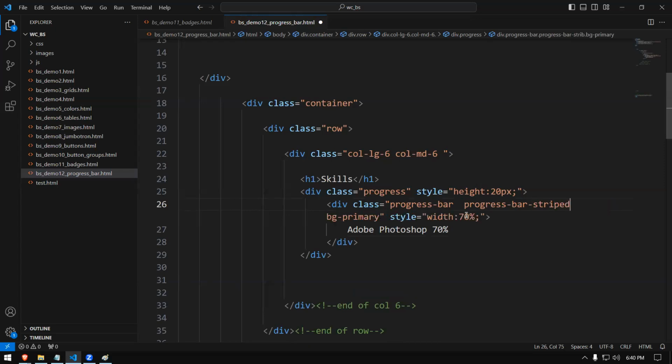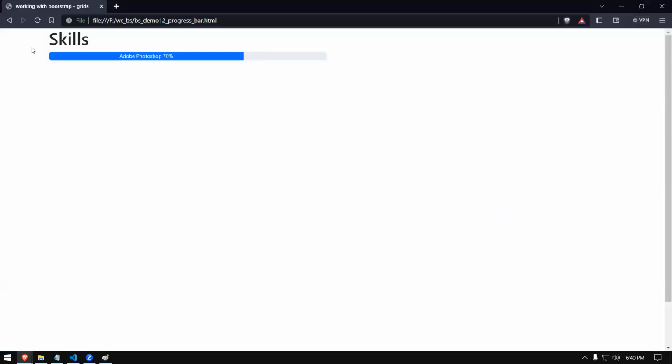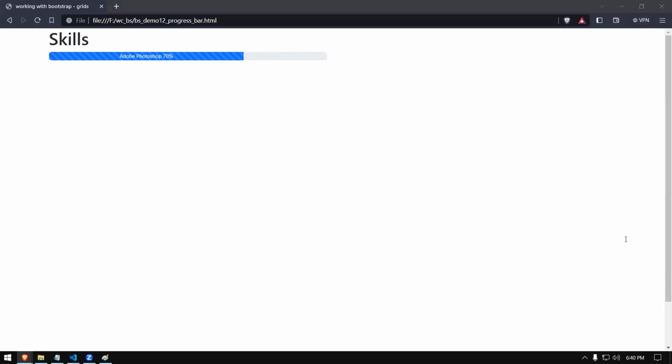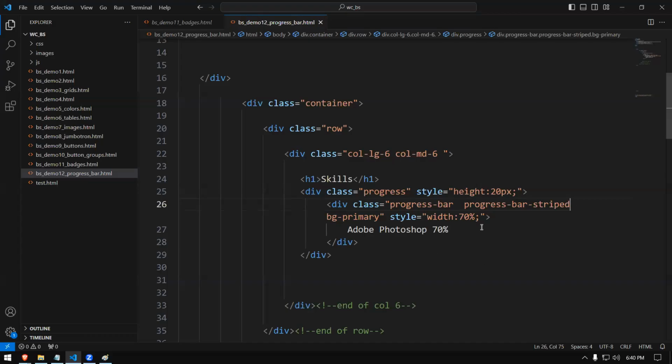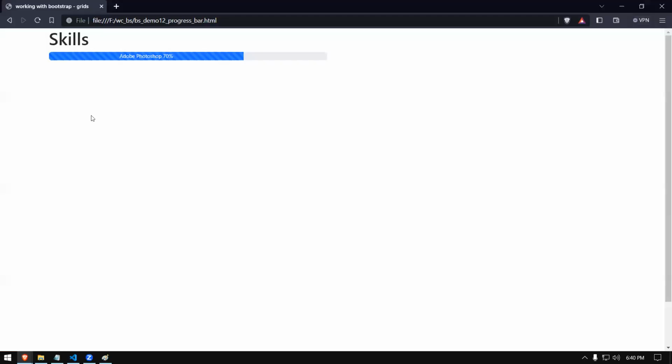If you put striped, like the tables, you will get stripes like this. And you can put another one if you want. Sometimes you can have the animation also there. It's pretty simple. For another one, you give progress-bar-animated, and when you reload that,